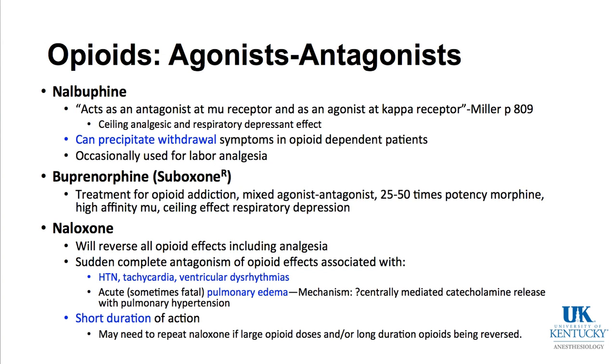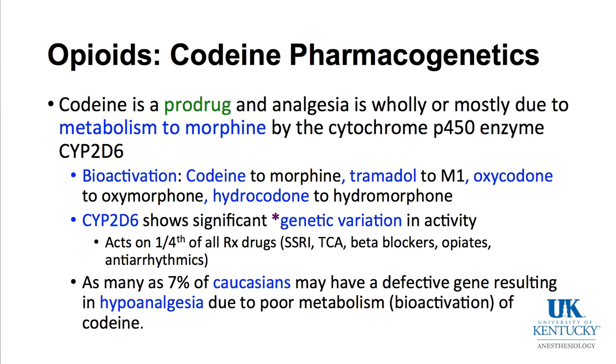And you may have to give an infusion of naloxone or intermittent doses. The next keyword is opioids, codeine pharmacogenetics. Codeine is actually a prodrug. That means that it needs to be converted to its active form, and that occurs in the cytochrome P450 enzyme system. It's metabolized, actually, codeine to morphine by the